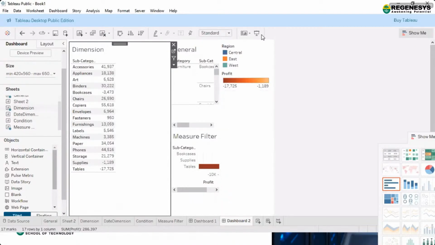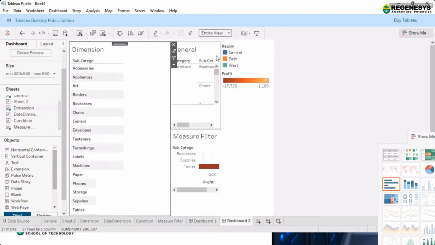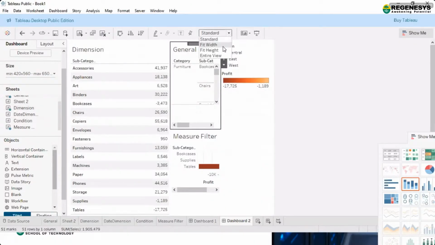So here you can see we have just dragged and dropped the sheets which we want to show or present for my presentation, and we just use it for the entire view.